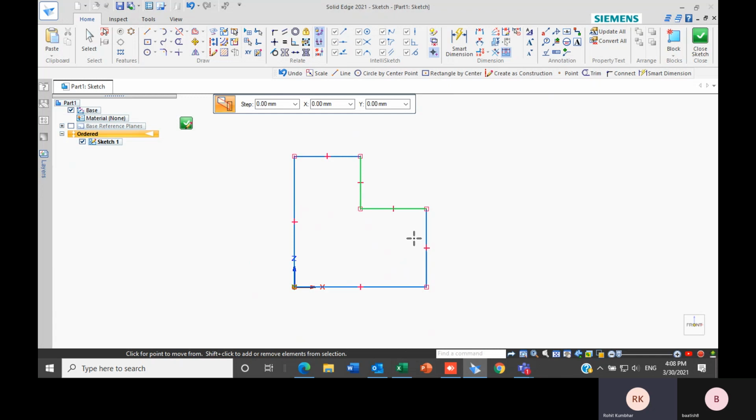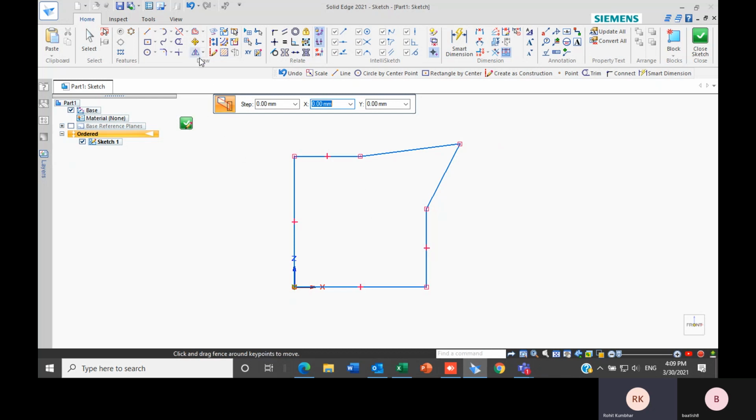After selecting these two lines, I just have to simply select the center, select the point according to which these two lines will move. Let's say I will select this point. So as you can see, it is moving according to it. I just have to simply drag it and drop it. So that way I can use this stretch command.